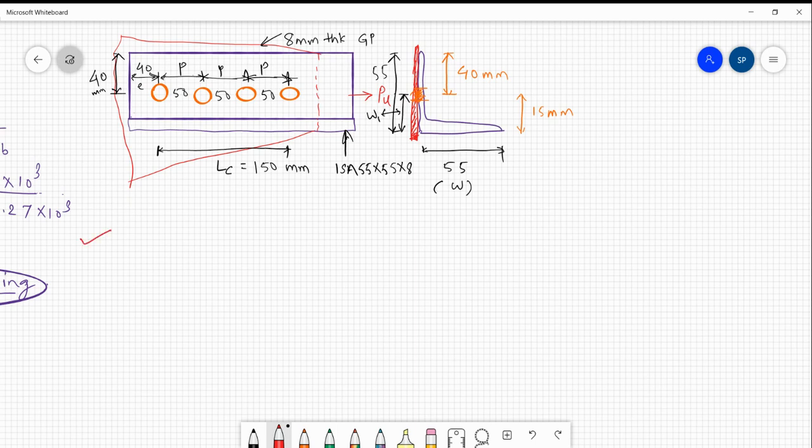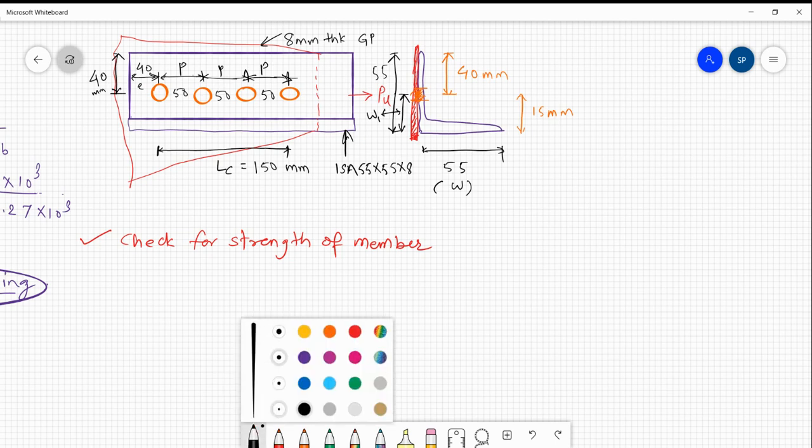Now the next step is check for strength of member. This is the next step in the design. Here three strengths we have to apply, or three checks we have to apply,